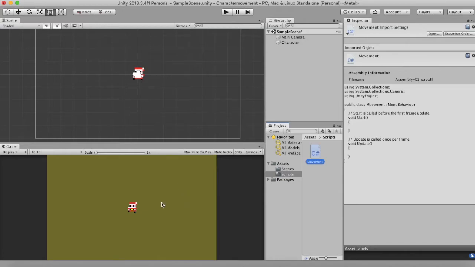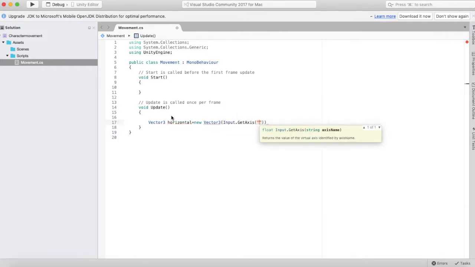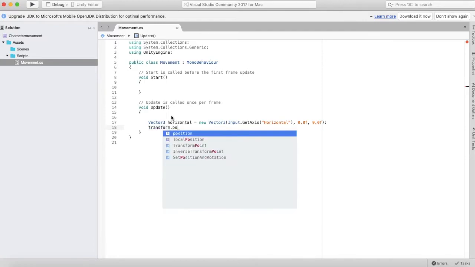Now I need to make this Santa move left and right by the click of the arrows on the keyboard. I'll use the left arrow to move left and I'll use the right arrow to move right. In order to access those keys, I'll have to use the Input.GetAxis method. So in order to get the reference to the horizontal axis, we'll use a Vector3. Vector3 horizontal is equal to new Vector3, and inside of this method I'll write Input.GetAxis("Horizontal"). I just need the x-axis or the left and right movement, so I'll set the y and z to zeros respectively.